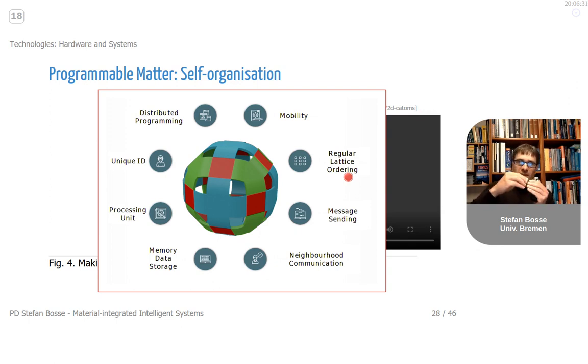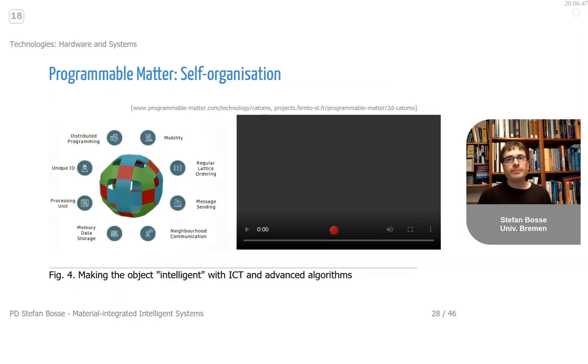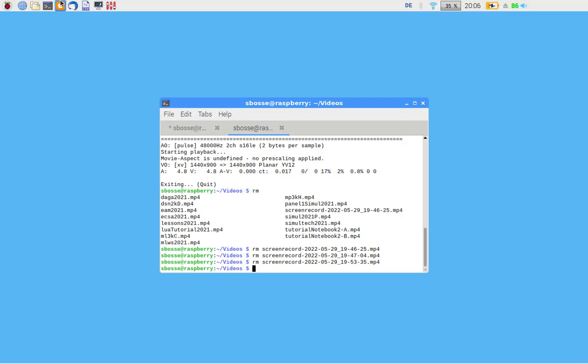But if one of these balls will move, it needs interaction with the other balls, the other catoms. So neighborhood communication, message sending is very central. But higher levels of structural organization are required. Maybe I can show the